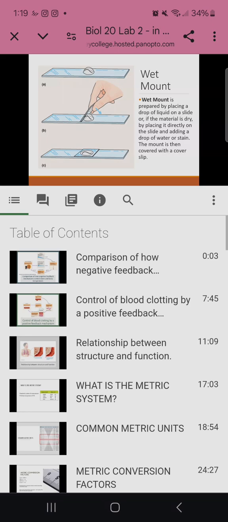But question 1 and 2, we're gonna do it together in class. Does anybody have any questions about microscopy before we start working on the letter E and the ruler? All right, okay, so